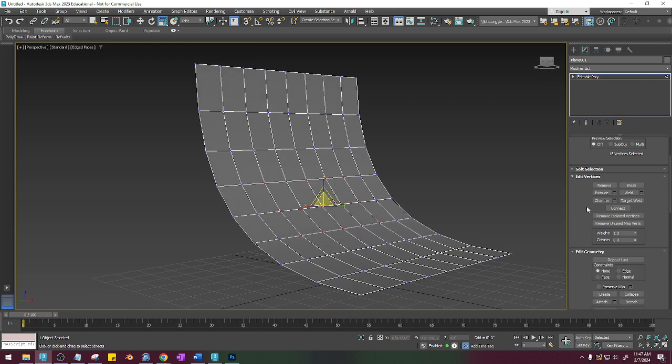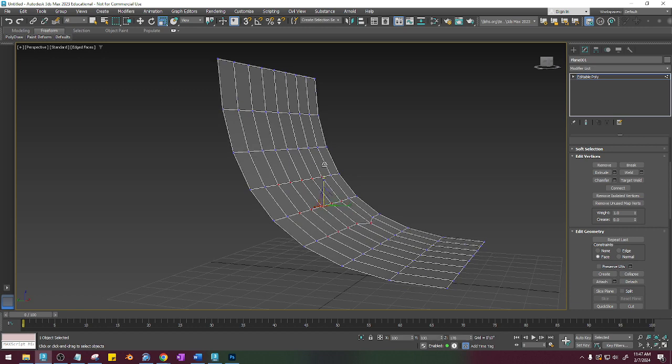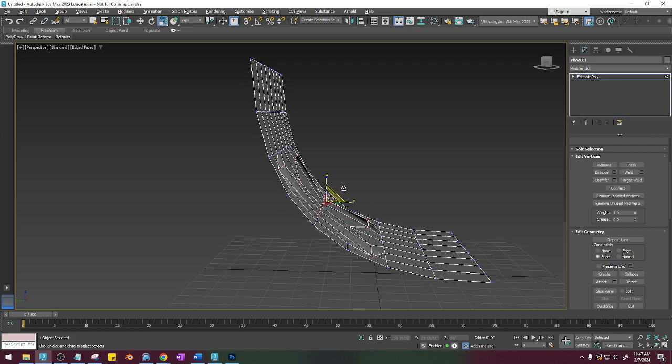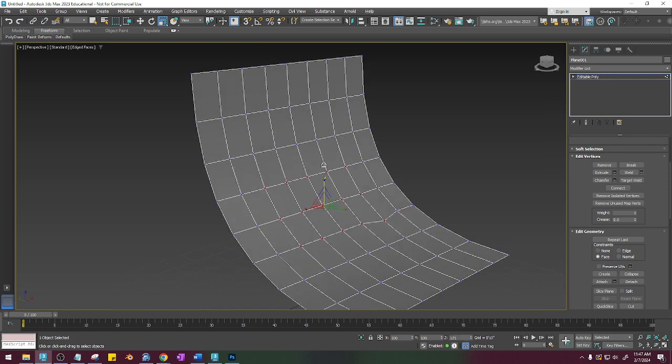So if you scroll down and go to the constraints, face constraint, and I scale that up, you see it stays within the shape of that plane. I went a little too far here, so it looks like you can only do these on a certain angle,